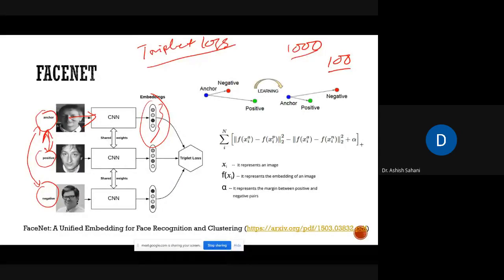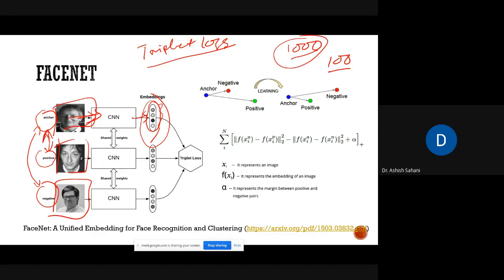Then what we can do is randomly choose two pictures of the same person and one picture of a different person from the set of 1000, and pass these three images, the two pictures of the same person and one picture of the different person, into the convolutional network. This will return the embeddings, about 4 or 5 numbers. Basically, it is encoding the face into a very limited number of embeddings.